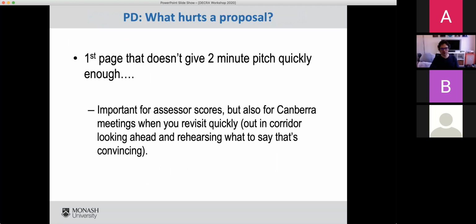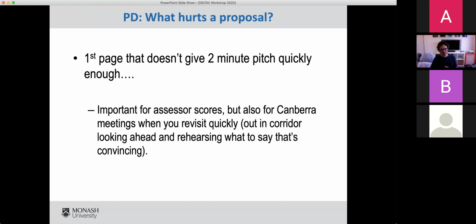So what hurts a proposal is that it's too hard for the assessor to understand what it's all about. If they're on page 4 of 10 or 8 or whatever it is, before they really understand what the project's about, they're probably also bored. So that can hurt with the detailed assessor, but it can also hurt with the College of Experts member, because if they're trying to find, it's like, I remember this person was going to do something that was, can't find it.